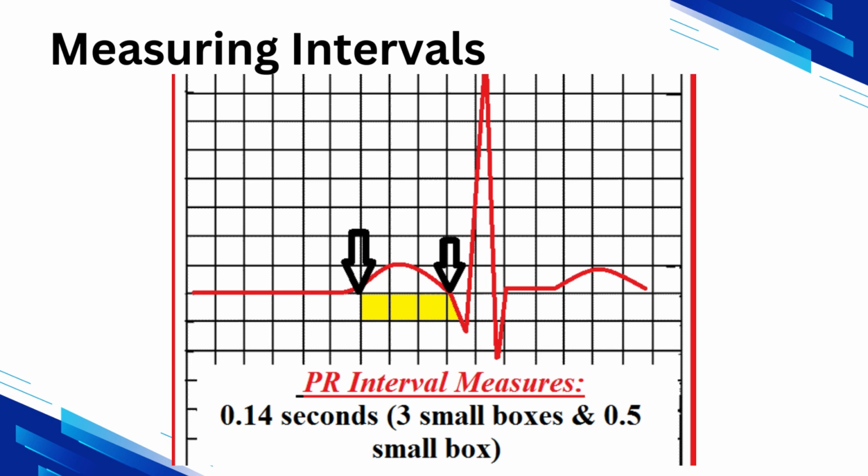First, find the P wave on the EKG strip. Second, determine where the PR interval is, and to do this you start measuring at the beginning of the P wave until the beginning of the QRS complex. Third, count the small boxes between the measurements. Fourth, remember each box represents 0.04 seconds. So, if you measure 2 boxes, the measurement of the PR interval would be 0.08 seconds.